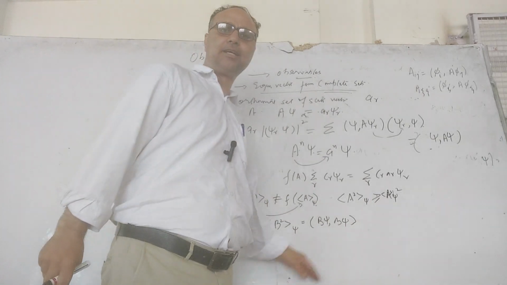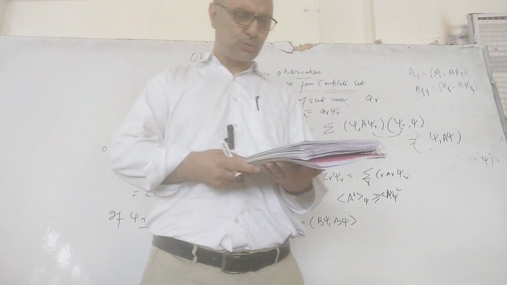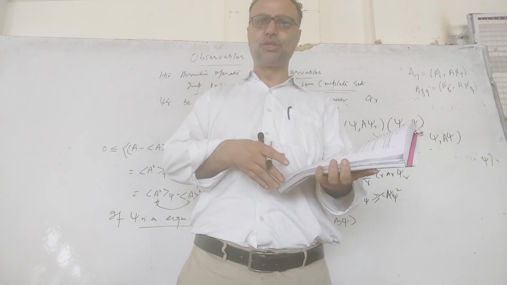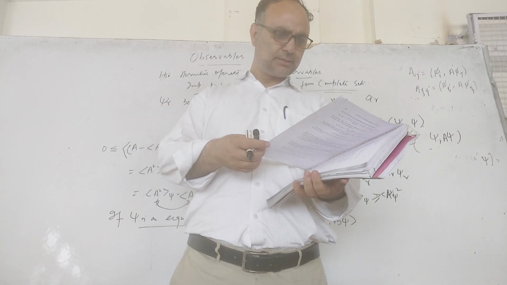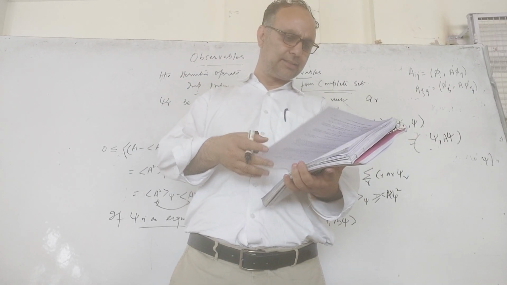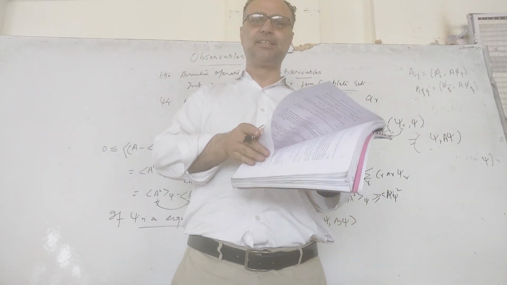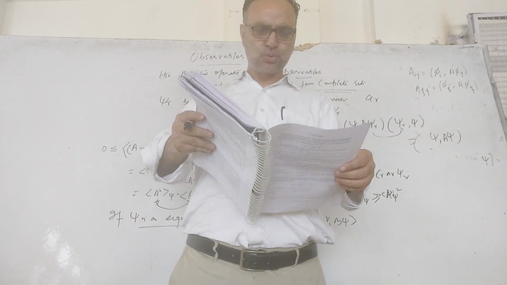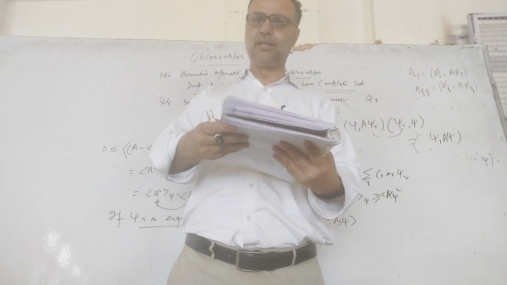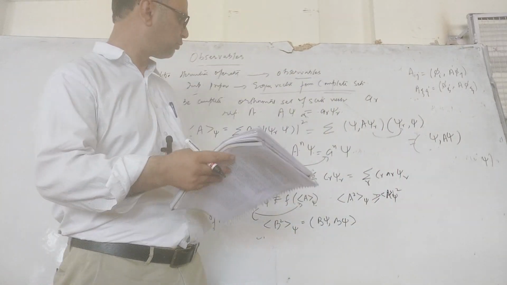Taking this understanding, we are going to move forward: how we can state the generalized uncertainty principle, using those identities as we had used previously, and carry forward